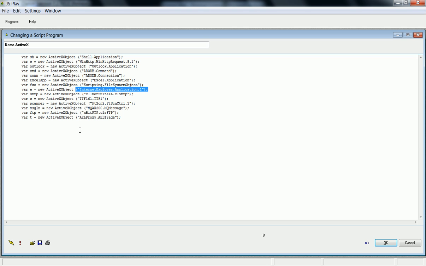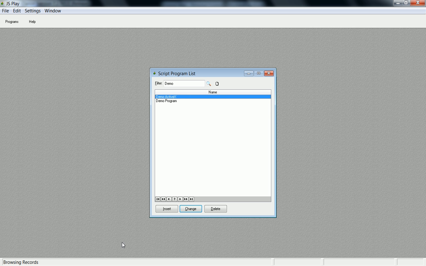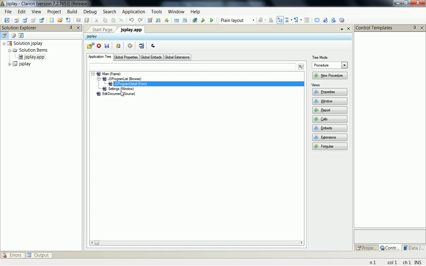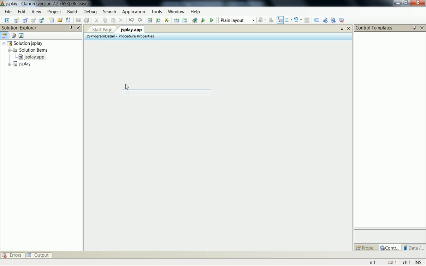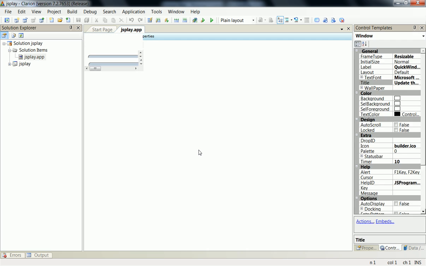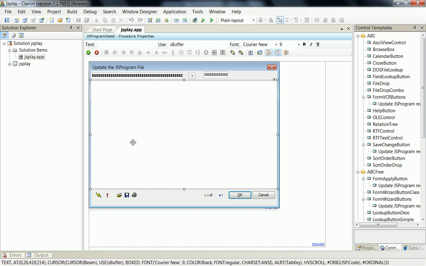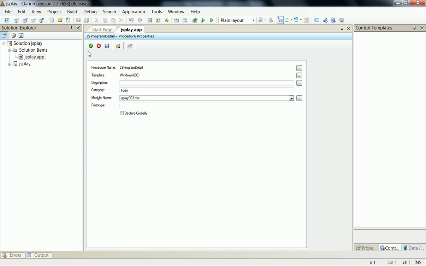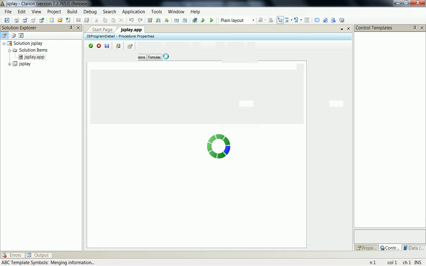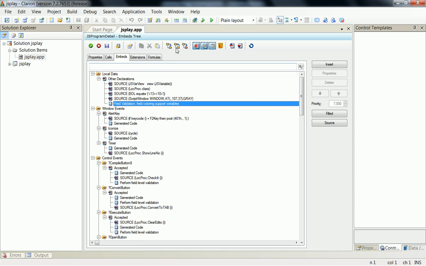So you've got the syntax of JavaScript combined with all of these, which gives you a very rich and powerful capability within your application. If we go to the Clarion, this little procedure is the one that you've just seen, and in there's the script or the text box with a variable called sBuffer, and there's my button to execute it. When I press that button, it gets to this procedure